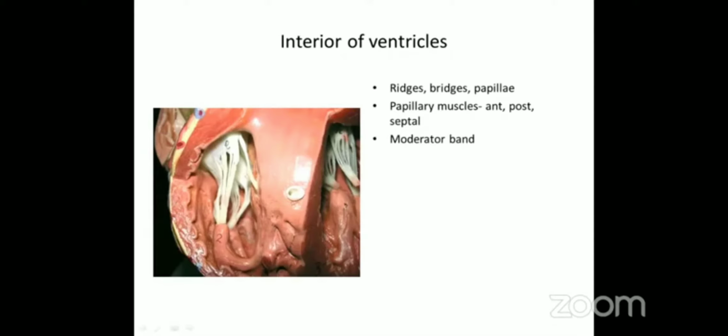If you see the interior of the left ventricle, as there is only the bicuspid valve, there are two cusps. Only two muscles are there, anterior and posterior papillary muscle. That is the difference, and the thickness of the left ventricle is more as compared to the right ventricle. There are two portions: the incoming portion, communicating with the atria, and the outgoing portion, which is taking the blood out from the respective ventricles. So these are the two ventricles showing the interior.